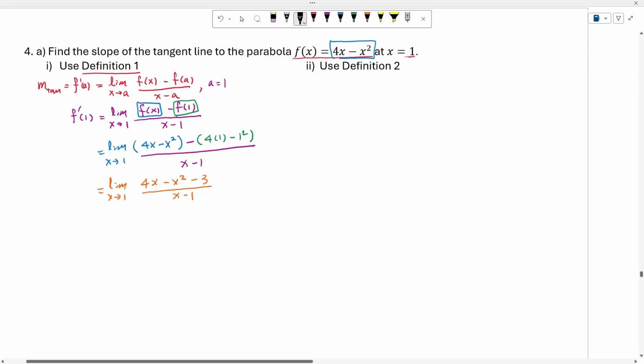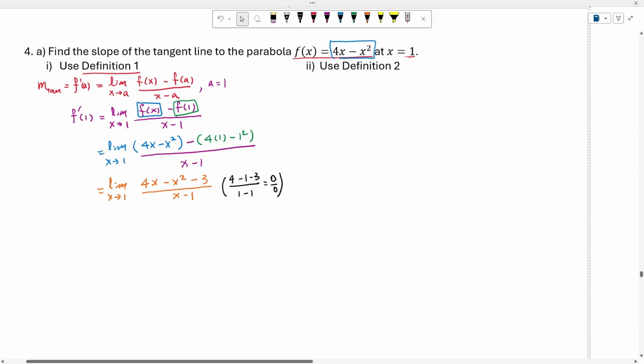Now, let us evaluate the limit. Okay, so again, first, I would like to use direct substitution. So I found that it is 4 minus 1 minus 3 over 1 minus 1. Then we have this indeterminate form, right? Now remember, if we have the limit in indeterminate form, we have 3 ways to solve the problem. One is to factor it out. Second, expand it and simplify. The third is to work with the conjugate. Right. So those are the things that we introduced earlier.